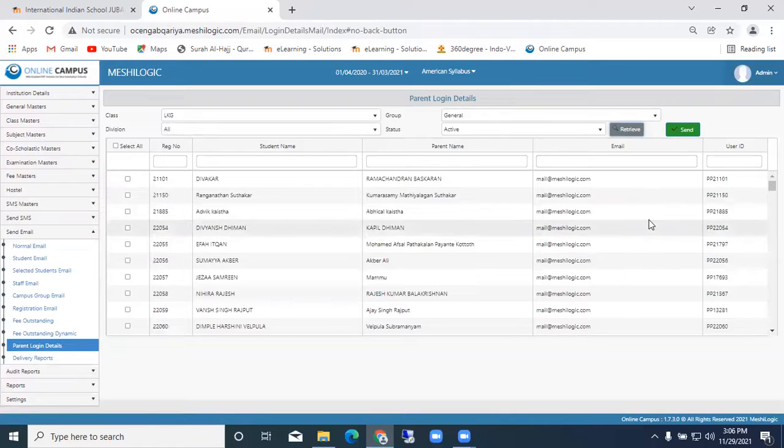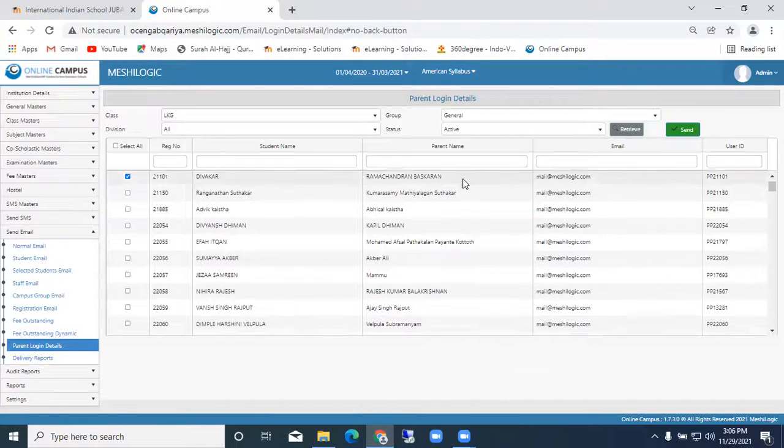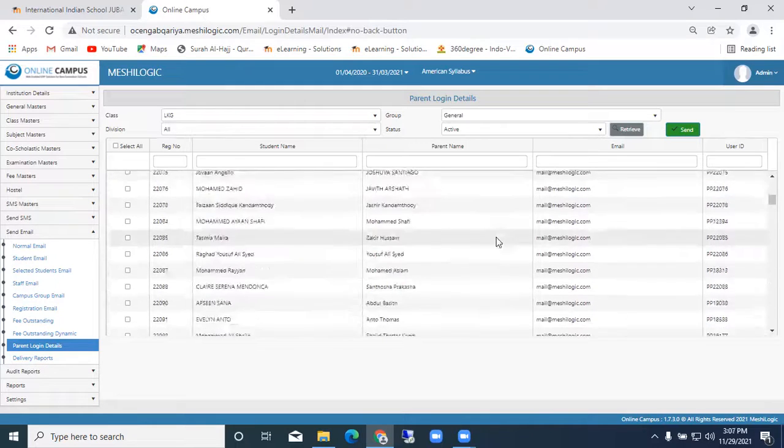It will show the password, which is common for all, and these are the mail IDs. Just select and send. This is the username, and automatically the common password will be shared with the parent. You can even change the password. How can we do that? It is there at the bottom.